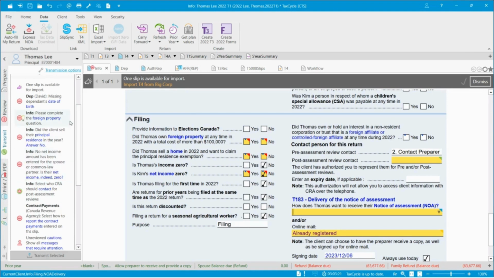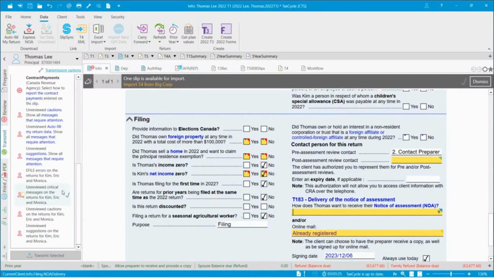And if there are any issues that you can sign off, and if that's what you want, you can do that. That option is given to you, but as you can see, for the critical messages, there is no option to sign them off. So once you do that, you will be able to see that there is a transmit now option. You can click on that,